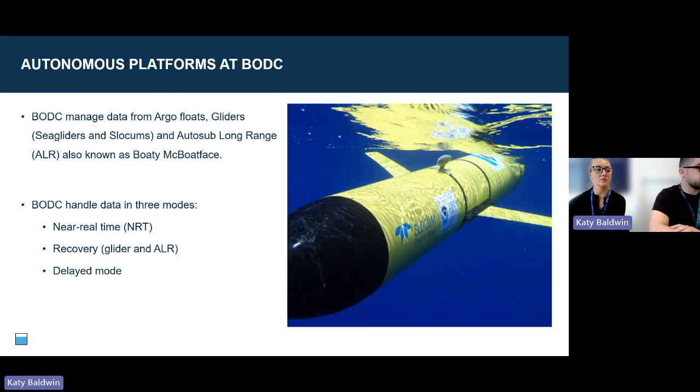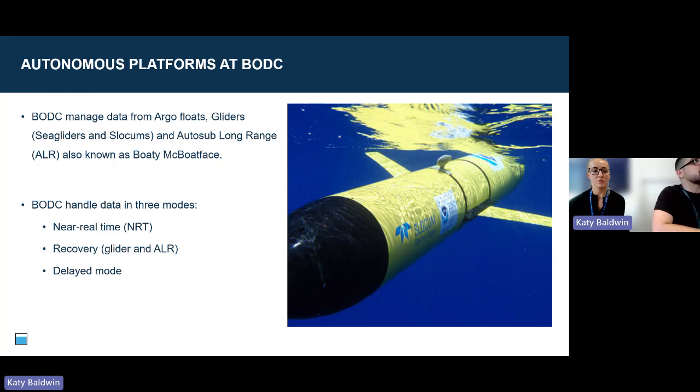BODC manage data from a range of autonomous platform types, which are Argo floats, gliders, and Autosub Long Range gliders, or ALRs. Data come to us in 3 different modes, and that is near real time, which we'll explore more in this talk,